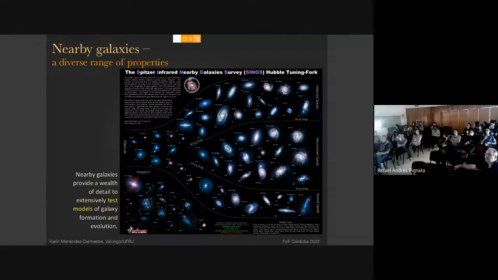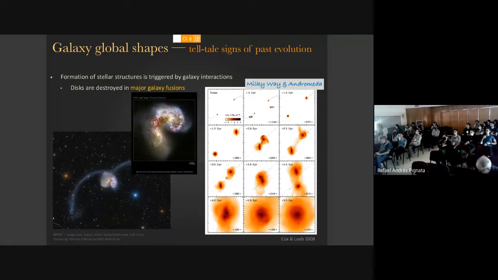So you have the ellipticals here, you have some irregulars, and you have these galaxies around here. But the point is that all of these galaxies are the result of a bunch of different astrophysical processes that have happened throughout the history of the universe. So it is extremely important to understand exactly the variety that is around there so that we can test galaxy formation models. Specifically in this talk, I'm interested in talking about stellar structure, and as you'll see, how much mass is contained in these stellar structures.